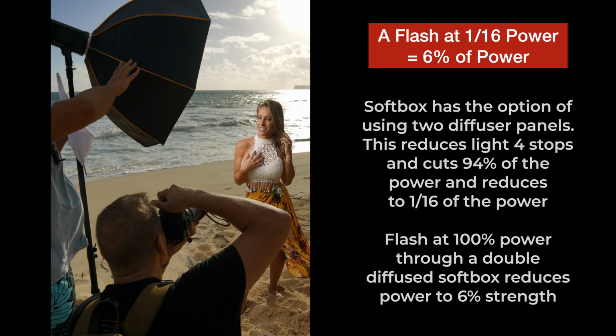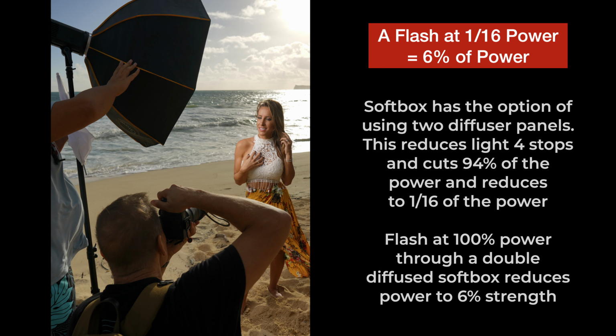What does that actually mean? It is taking away 94% of the power from your light source. 94% of it is being taken away. That is huge. So do you understand why people buy these bigger and stronger lights when they want to shoot outdoors? It's because when they diffuse it and put it through a softbox, they're going to lose a lot of light. Meaning, when you have a softbox and you have two diffusers, essentially your light is 1/16 the power.